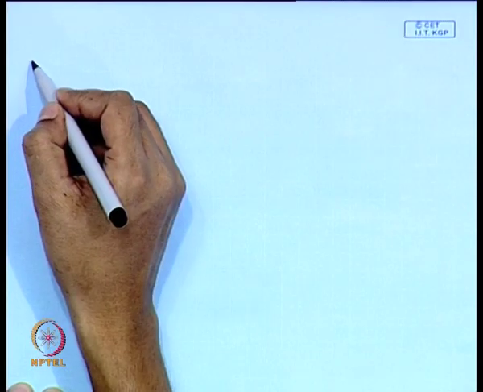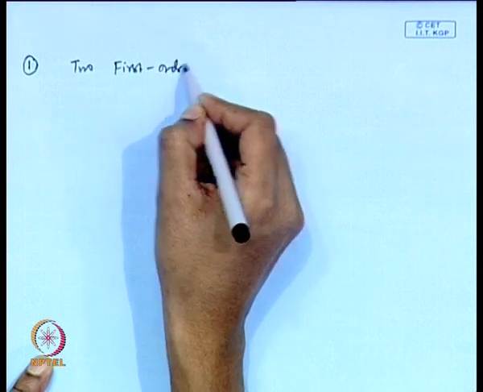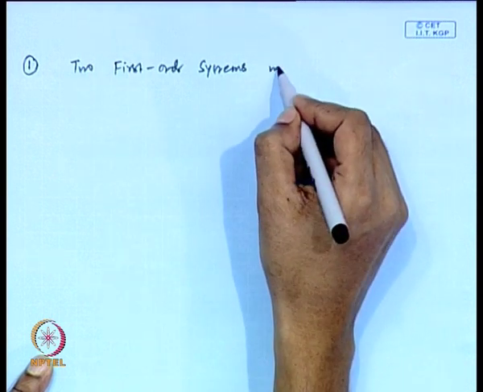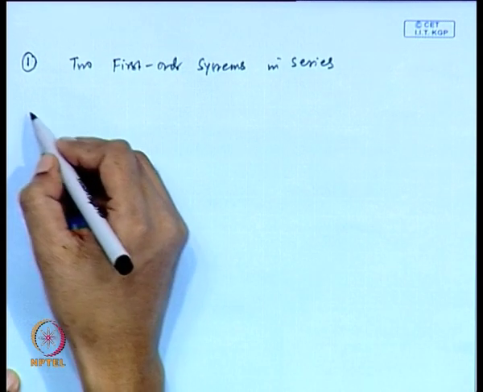Now, we will conclude based on this discussion. So, first conclusion is that by connecting two first order systems in series, we get overall second order dynamics. Fine. By connecting two first order systems in series, the overall dynamics becomes second order dynamics. This is the first conclusion. Second thing is,